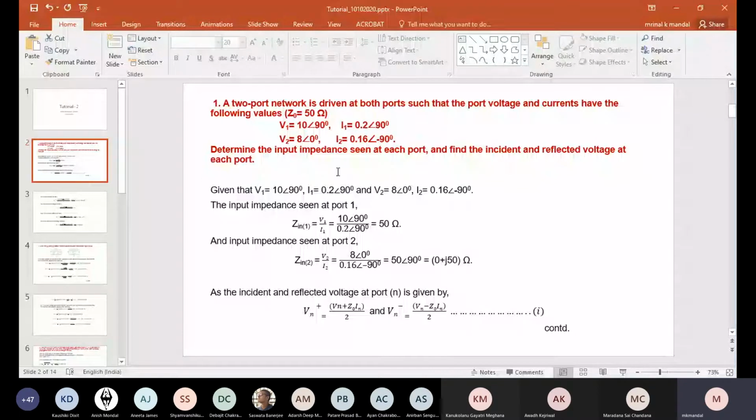The very first problem: it's given that a two-port network is driven at both ports such that the port voltage and currents have the following values. So input and output voltage and currents are given. Port impedance, that is for the source and load, is also given. So you have to find the input impedances at each port and then find the incident and the reflected voltage